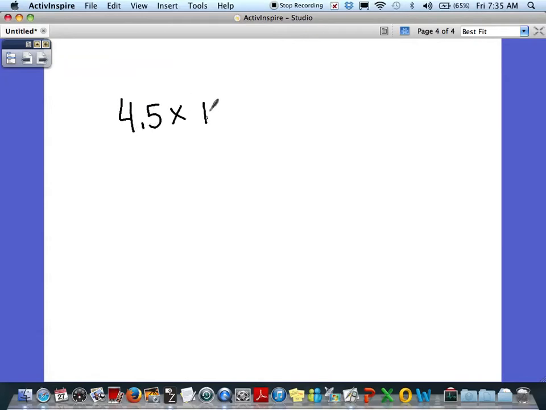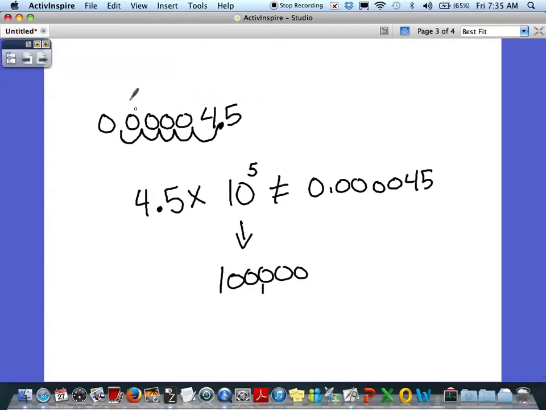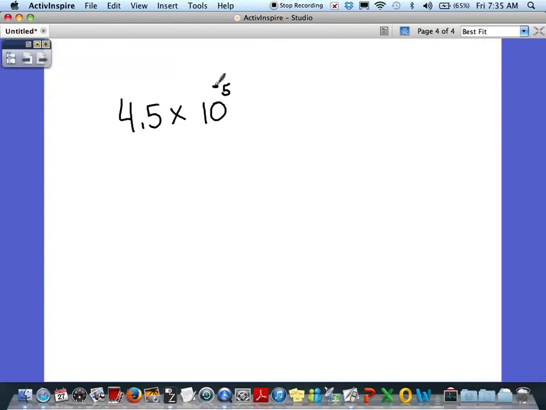4.5 times 10. I know my exponent should be 5 because I moved my decimal point 5 times, but I know I need this number to become smaller than 4.5 because I need it to match this number, which is a really, really small number. Oh, the exponent must be negative. Because remember, 10 to the negative 5th means 1 over 100,000. And if you were to multiply 4.5 by this, you would get